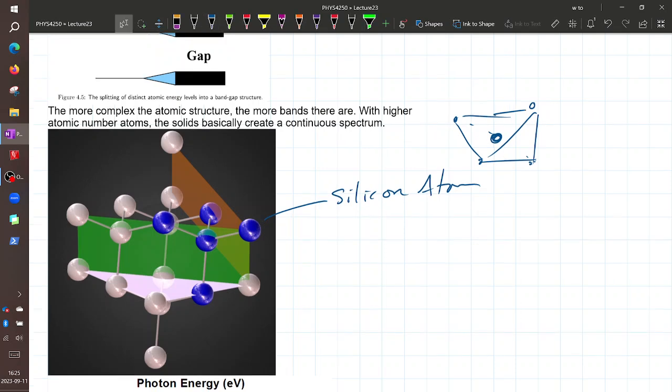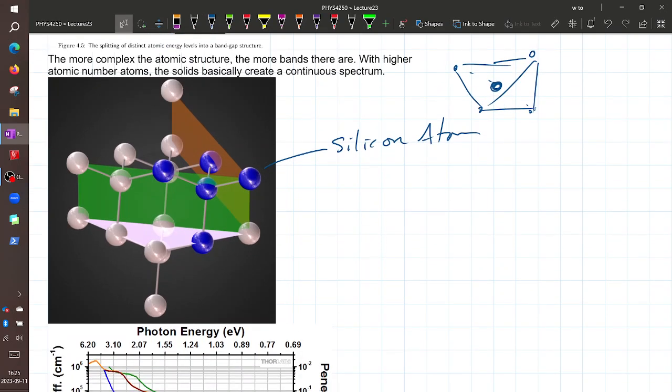Actually, I should show you. I should just give you guys this link. This is actually a 3D model. You can rotate around. It's pretty cool. So the blue balls are what's called the primitive cell, and then it just kind of attaches more and more because